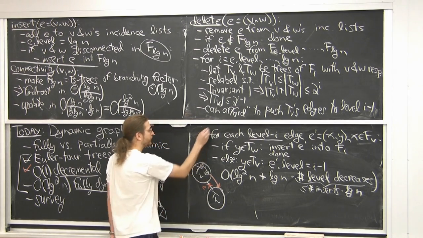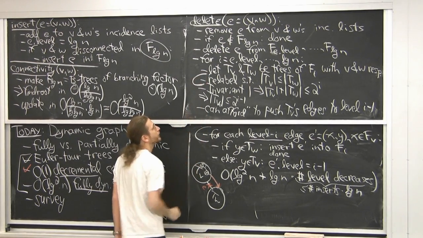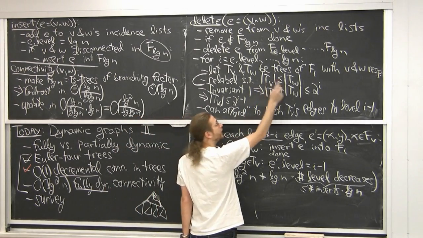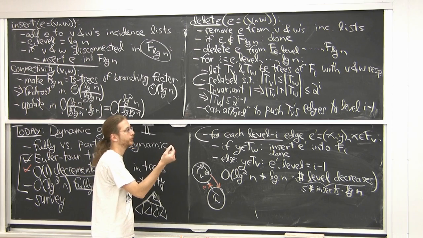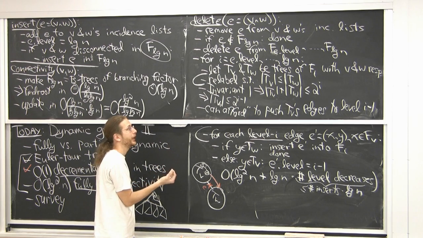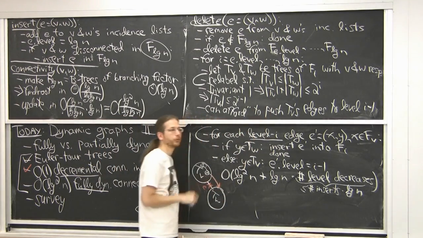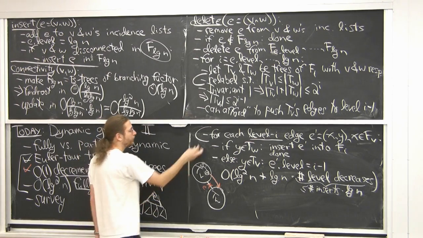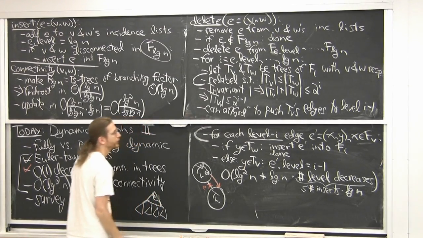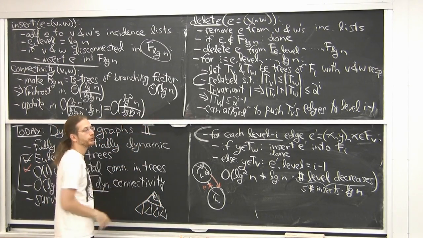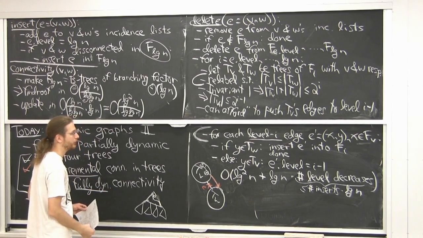One last issue, though, which is how do we do this step? Actually, there's another step that's not so trivial, this one. We need to know the size of TV and the size of TW. Well, that's easy. I just store subtree sizes at every node. So then I look at the root of the BST, and it tells me how big that tree is, and so I can see which is bigger and switch accordingly. So that's trivial. This one requires a different augmentation for Euler-Tour trees. And again, in both of these situations, we're using the fact that we can augment on subtrees, not on paths. That's why we need Euler-Tour trees, not link-cut trees.